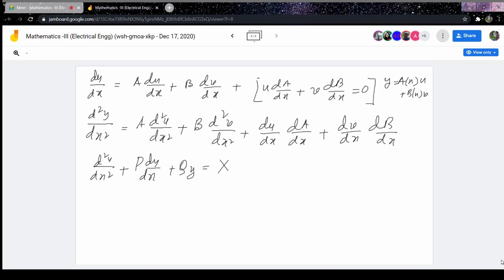I am not writing down the terms here. I am summing and writing down the sum. So this is A d2u/dx2 plus, for p dy/dx, it will be multiplied by p du/dx, plus there will be a term in u, qy, so this will be qu, plus